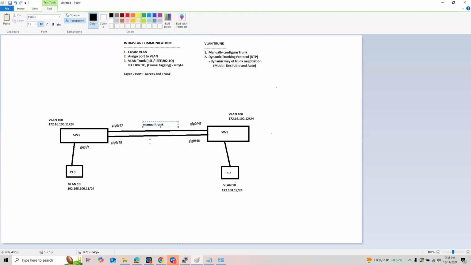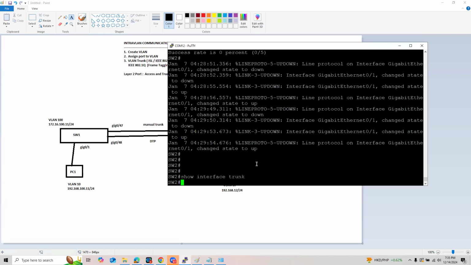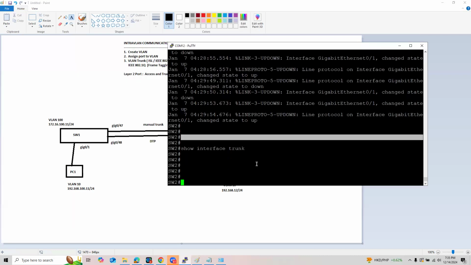And here we will rely on DTP for port 48. All right. So this is what we're going to do. So let's go to port. We will try DTP first. Actually, this is the easiest way to configure a port as a trunk.